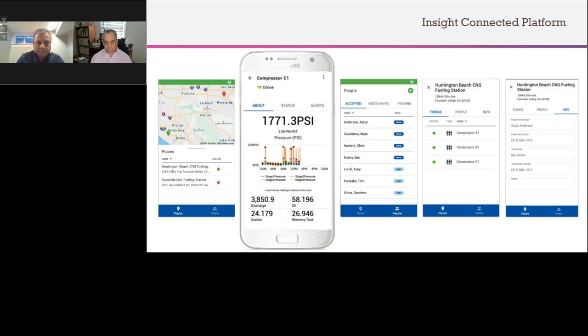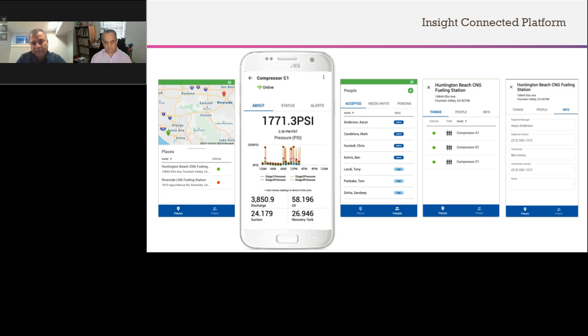And this was a custom solution for this particular customer. But you can look at all the locations that you're measuring from. You have different locations, then you have the data, and then all the people who have access to these systems, whether they are authorized users, you have a security access control here.